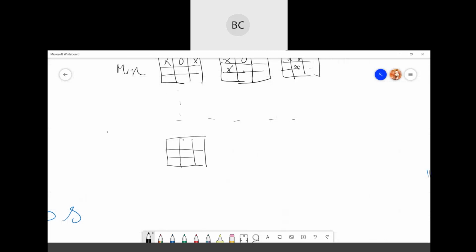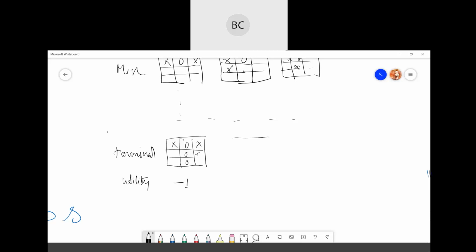For example, these are your terminal nodes. Okay, these are your terminal. So suppose for x and 0, the final position is something like that. It can be anything here. And there will be some utility values. Here min is winning, right? But the main player is the max one. Max started first, but here min is winning. So I can say the utility here is -1. That means max lost the game.